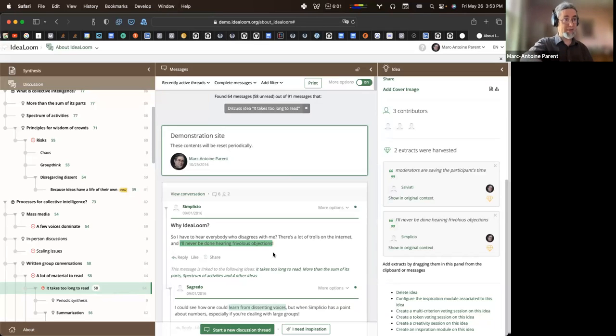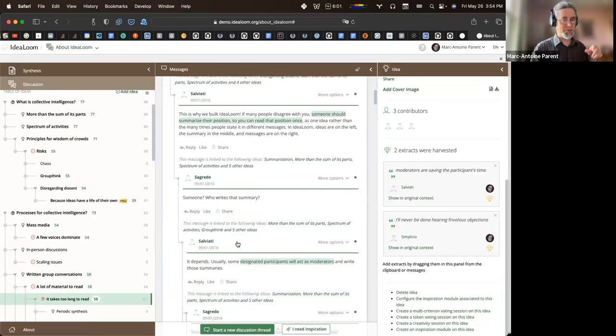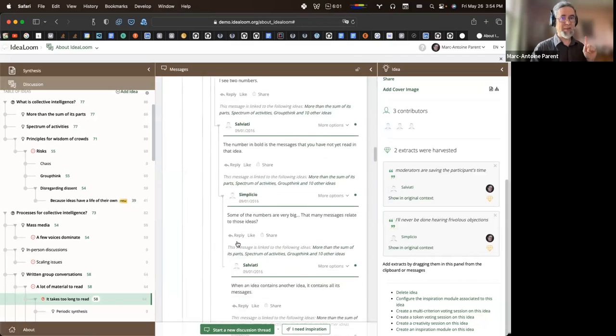I can connect Idealum to an IMAP mailbox or to an RSS feed. You could have a listserv conversation; just make sure that this Idealum conversation has an email address and that it's in CC on the listserv. Then all the messages in the listserv, all the emails, will appear here.